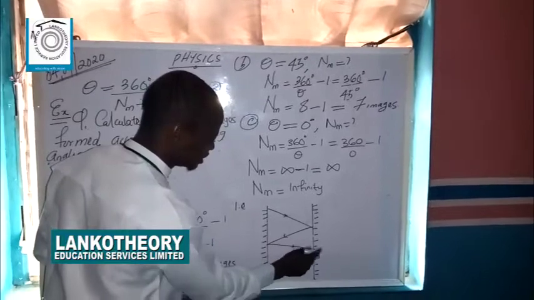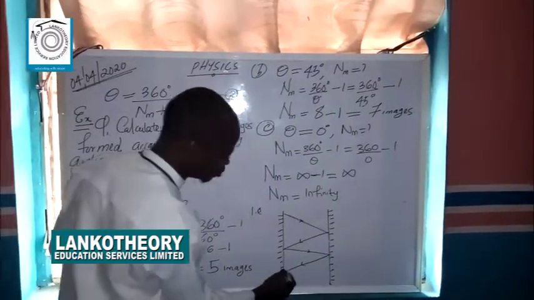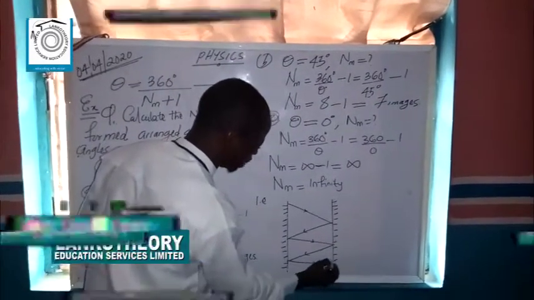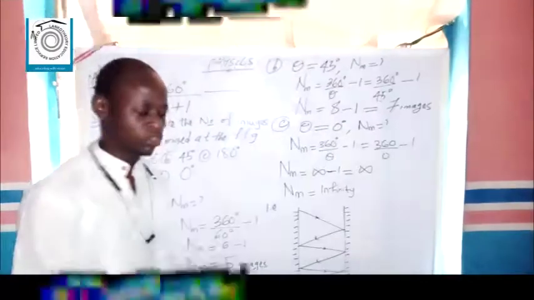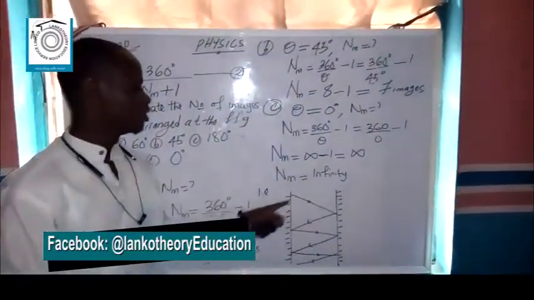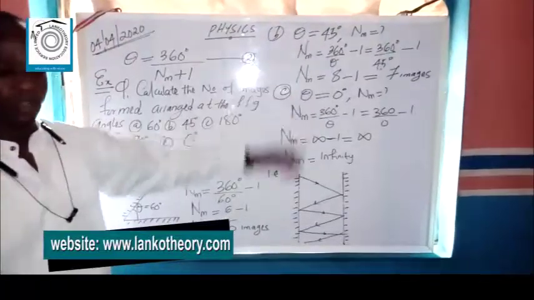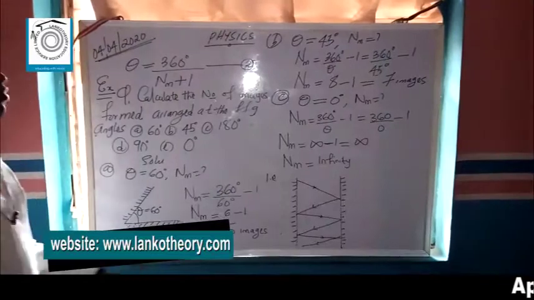This one will also reflect and go back to the other mirror. The angle of incidence will also become the angle of reflection at the other mirror. When this one is reflected, it is incident again. So by the time you observe, this thing is continuing to move. So it is going to infinity, because you don't see the converging point of it. That's why we say whenever two mirrors are at an angle of 0, the number of images formed is infinity. That is how to calculate the number of images formed by a plane mirror.